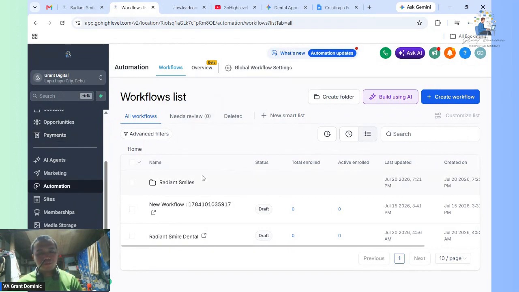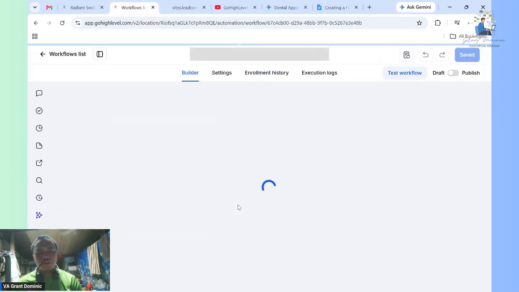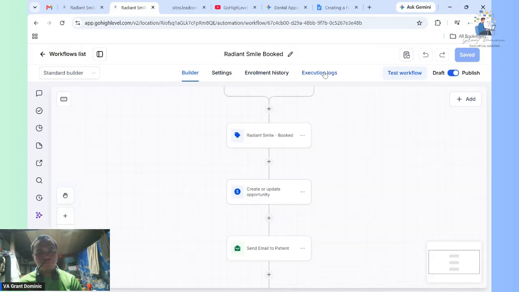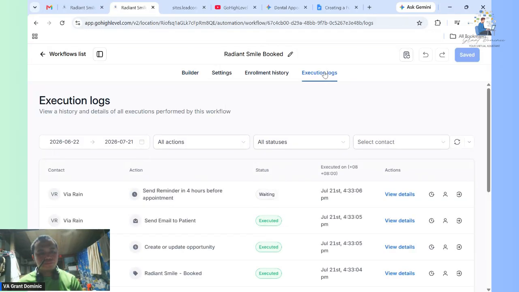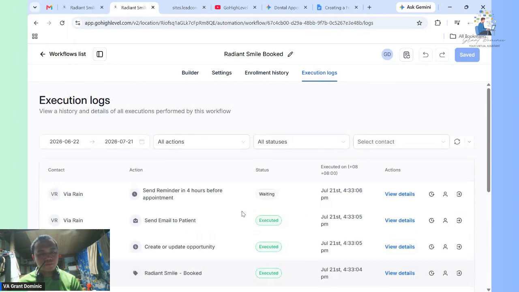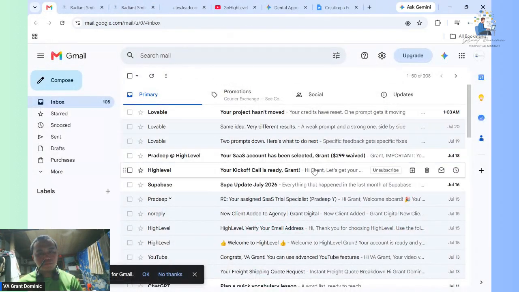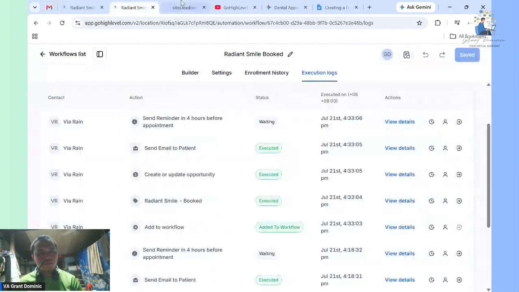Let me see the automation if it's working. If there is an execution. Yeah, there is. It's already been executed via rain. So we will check the email, not this one. We will check my personal email.